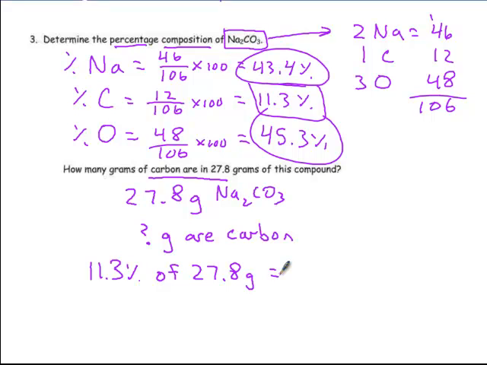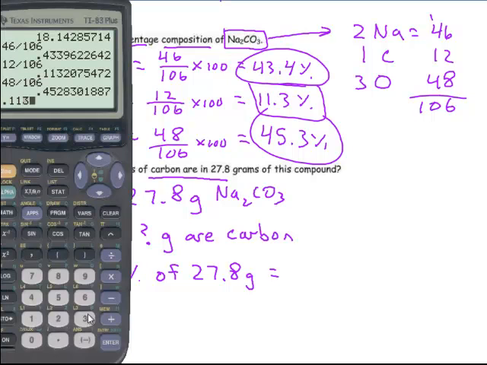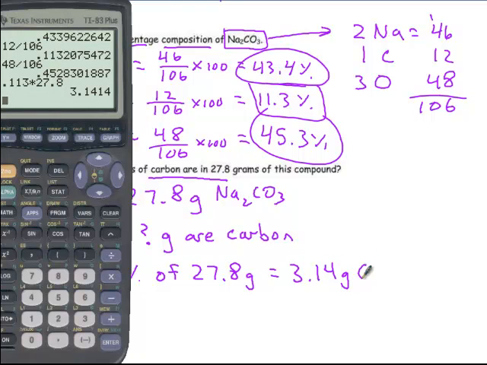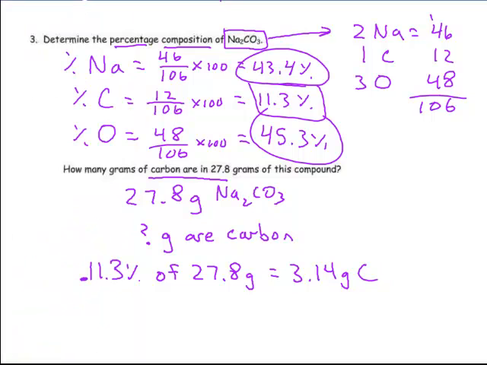So the way you do a percentage is move it over 2 places and make it 0.113. So 0.113 times 27.8. And you get 3.14 grams of carbon. That's one way you could solve this. Another way to solve it would be exactly like I said before with a ratio. You could say